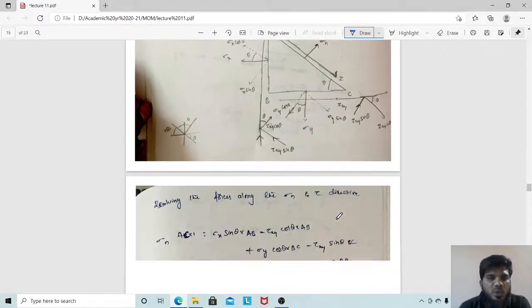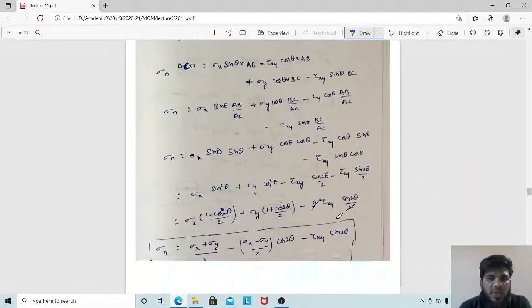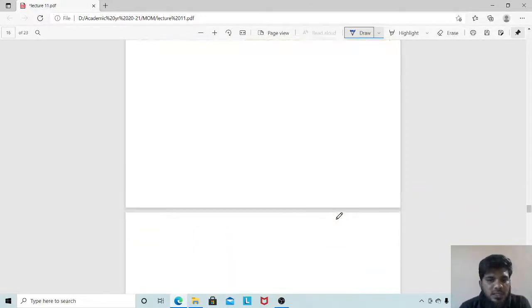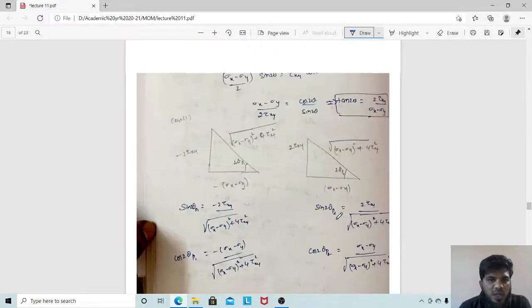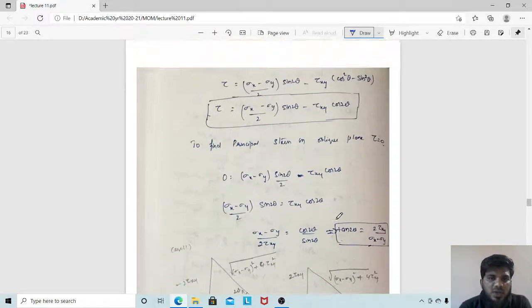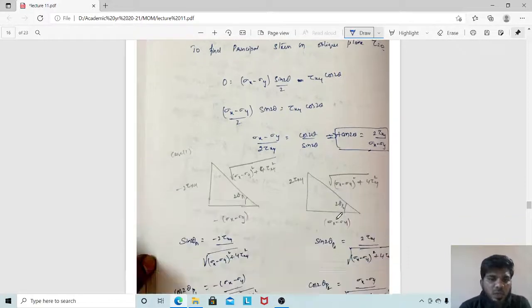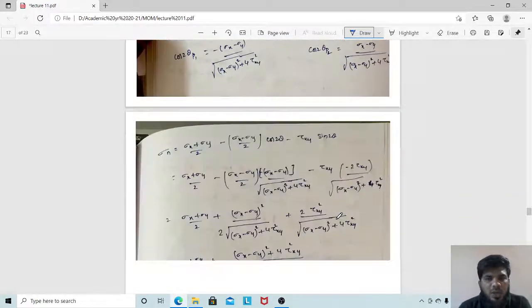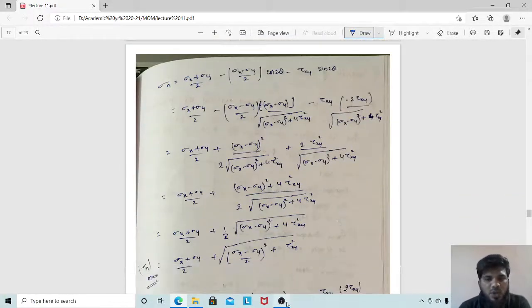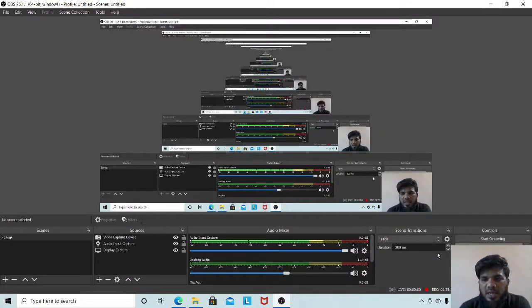Once you are done, you will try to resolve the forces. You will be able to identify this. Try to solve this; this is your homework for today's session. Once you are done with this, we will try to start the problems. I don't want to extend because these are dry derivations. I will stop here for today. Thank you.